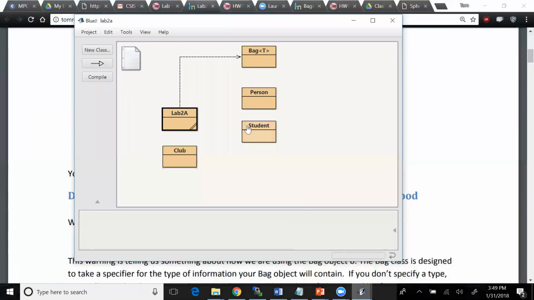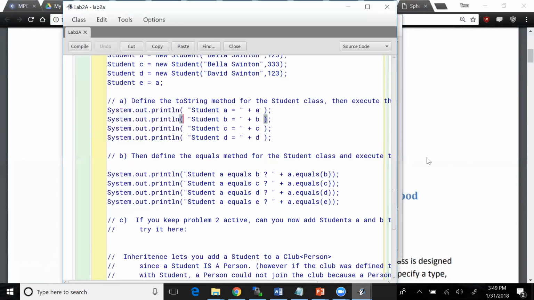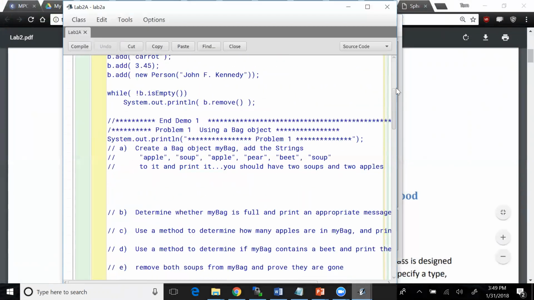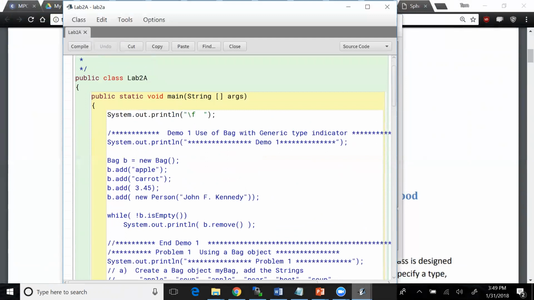Is everyone ready? Does anyone have any problems getting this thing open? Did anybody try to open it without extracting it? You know how to do that now, right? So you should be able to compile it. It shouldn't give any weird error messages. It compiles okay. And then when you open up Lab 2A, let's do this demo 1, put a slash in